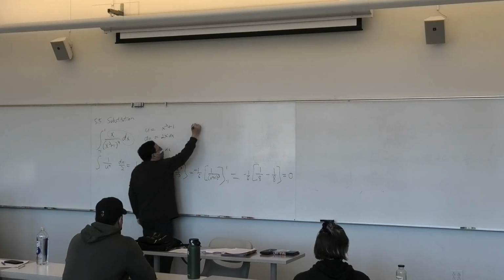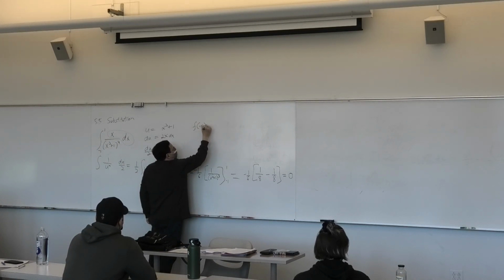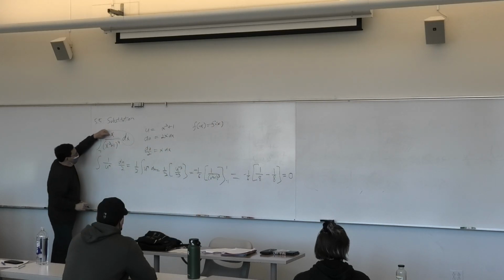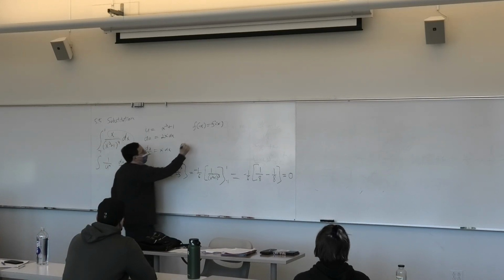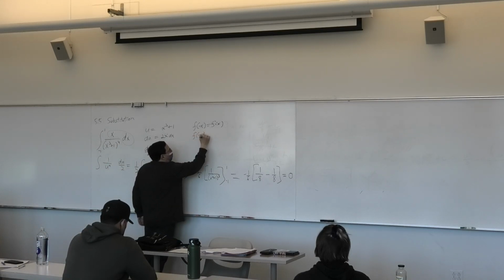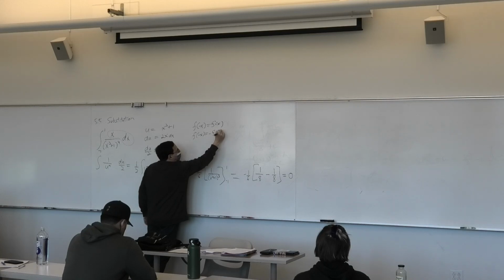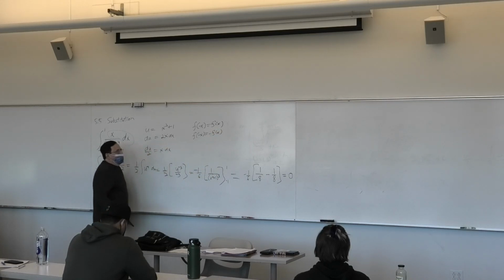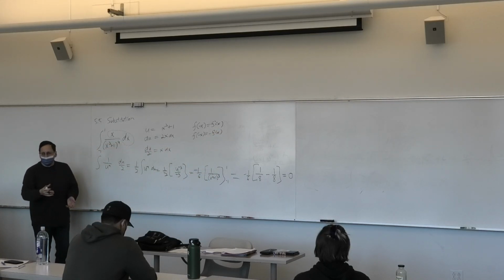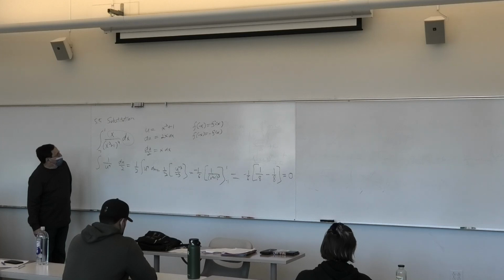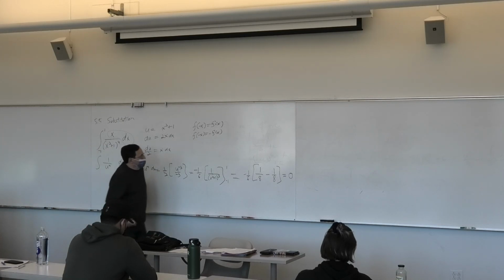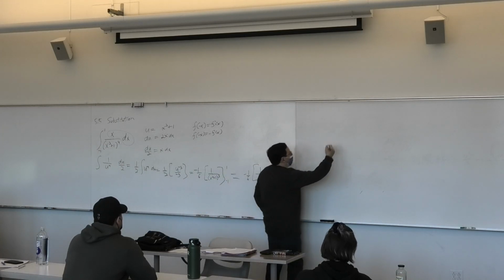It's a function where f of negative x equals f of x. But here we've got an x on top. That's an odd function. Negative x equals negative f of x. And an odd function divided by an even function is an odd function. So we have an odd function here. And I don't mean peculiar, I mean